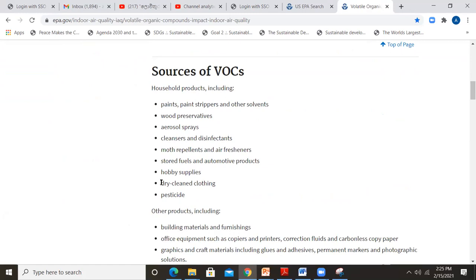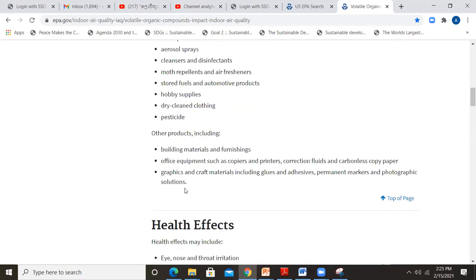Dry cleaned clothing, yes. Pesticides, hobby supplies, stove fuels and automotive products, moth repellents and air fresheners, cleansers and disinfectants, aerosol sprays, wood preservatives,